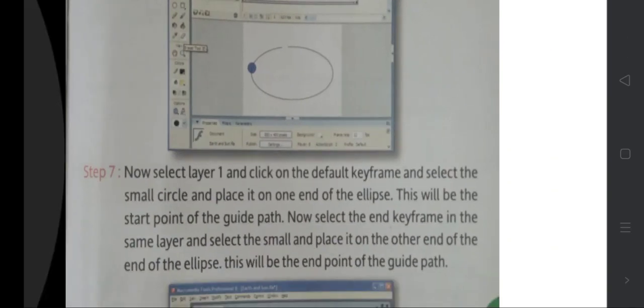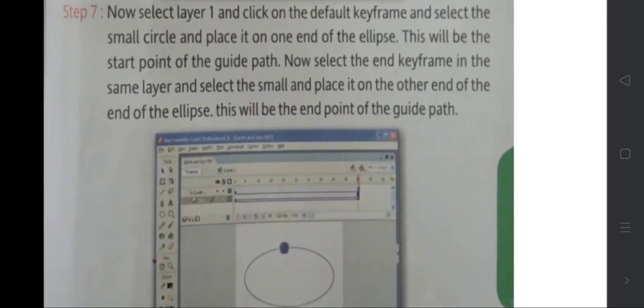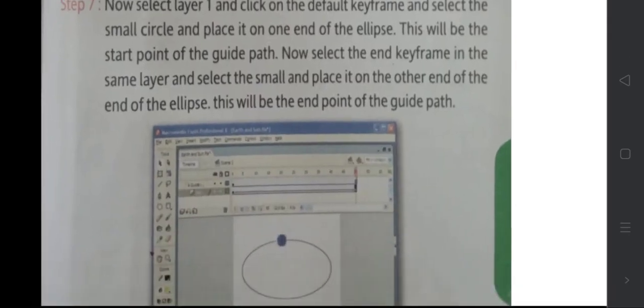You are defining some time frame. Now we select the default time frame, select the small circle and place it on one end of the ellipse. This will be the start point of the guideline. The same way you do for the end point also. Now see here, like this it will be.